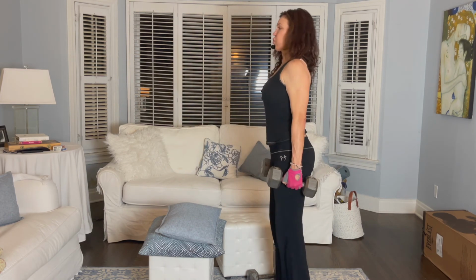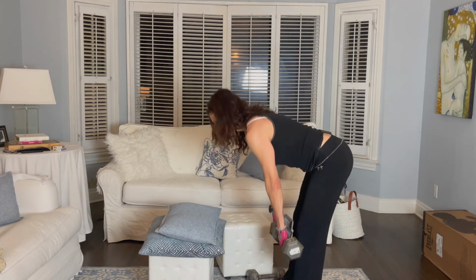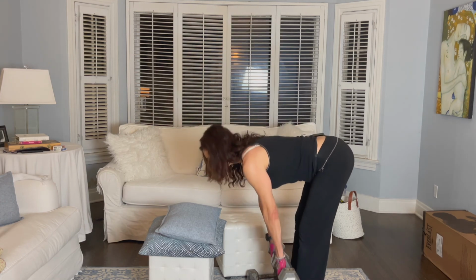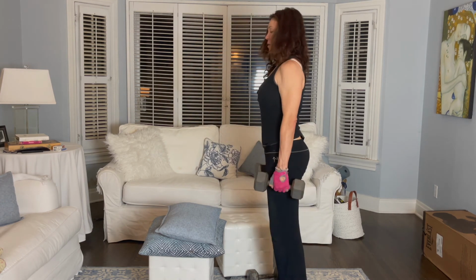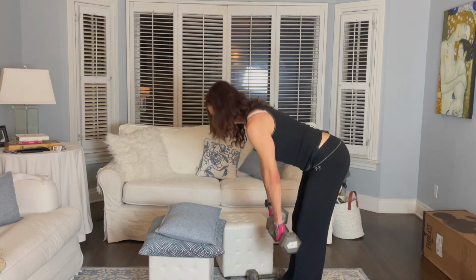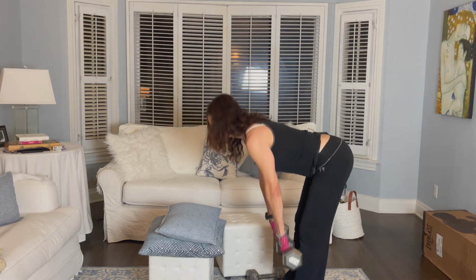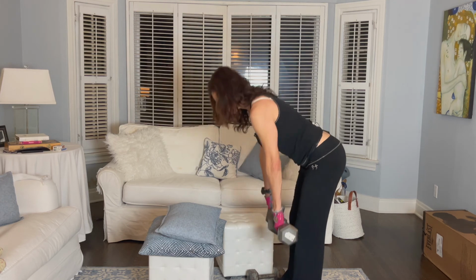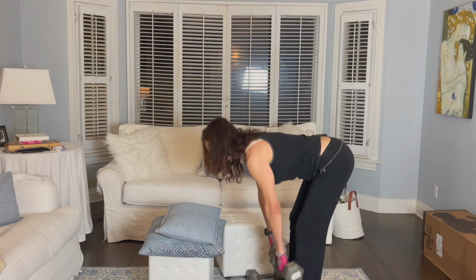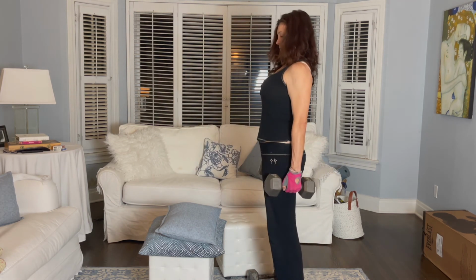1, 2, 3. So I'm really trying to get that stretch down my hamstring. Slow. 4. And up. Good. 5. 6. Okay. 10. Okay, now,